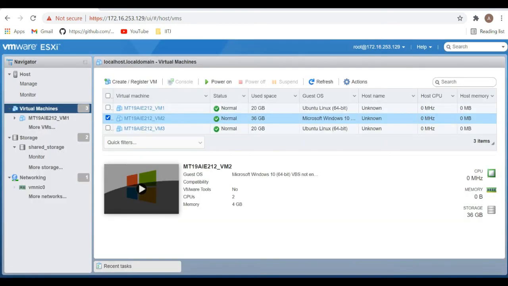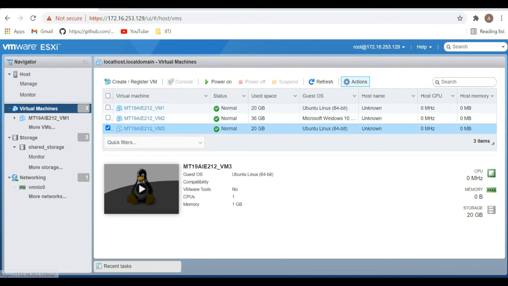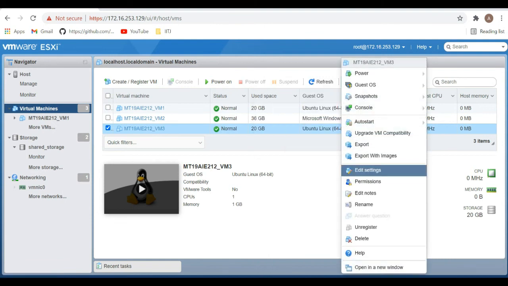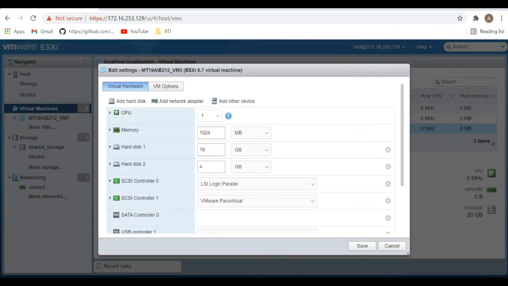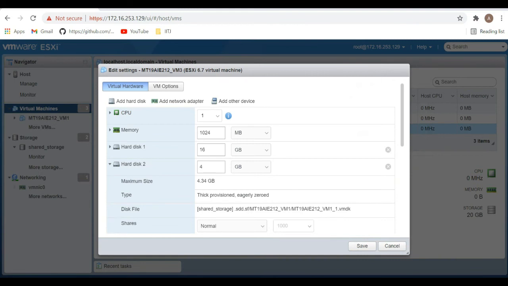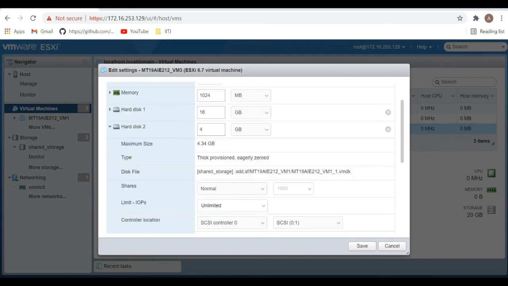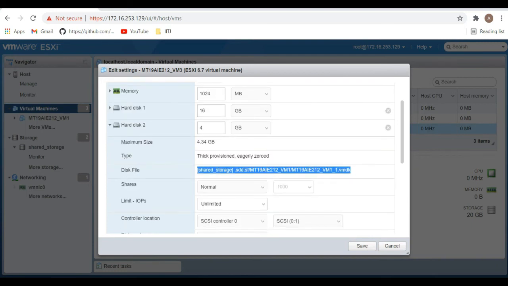Now moving on to the third, edit settings. Here also you can see hard disk 2, where the 4 GB has been shared across the third VM as well. This is only the location where the file has been saved.